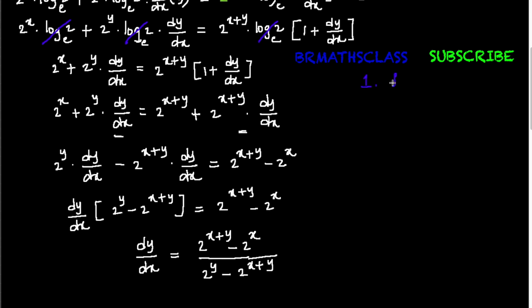What procedure we followed? First we identified that it is an implicit function. Once you identified that it is an implicit function, then we differentiated the complete equation with respect to x on both sides. Once the differentiation is over, we wrote all dy/dx terms at one side, remaining terms on the other side, and then we took dy/dx common. So finally we are able to write what is dy/dx from the given implicit function.